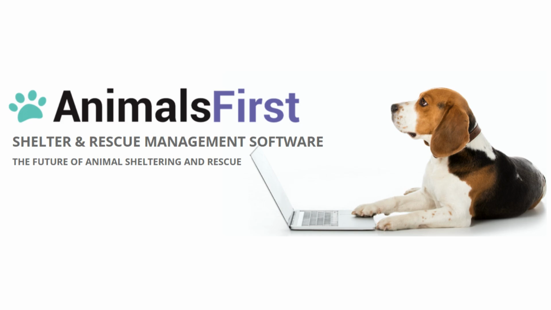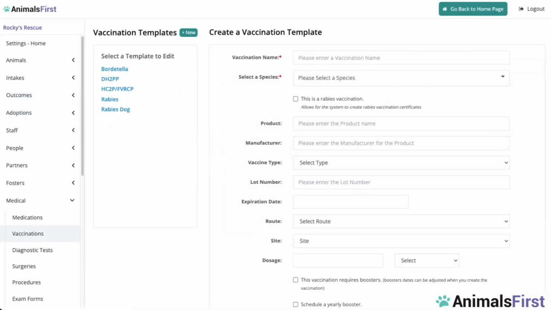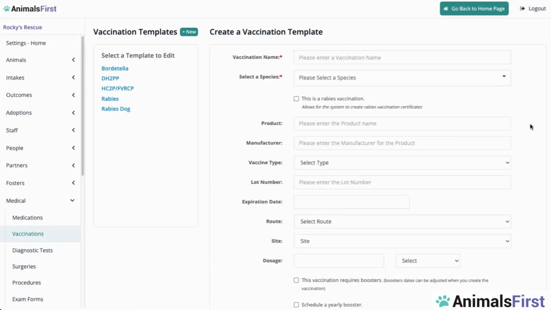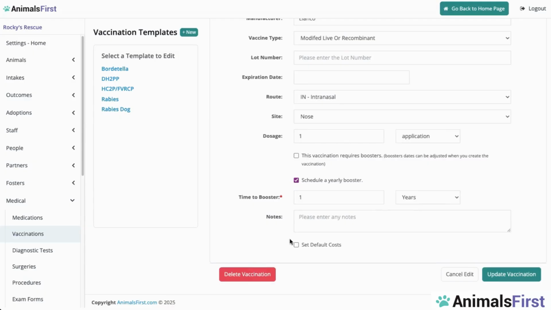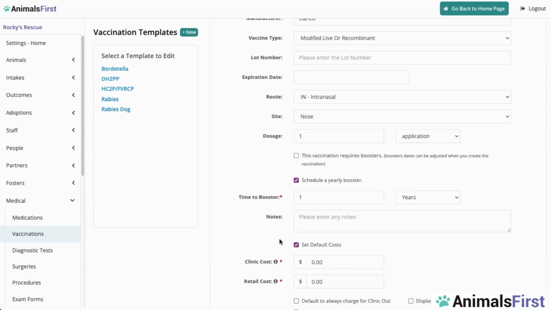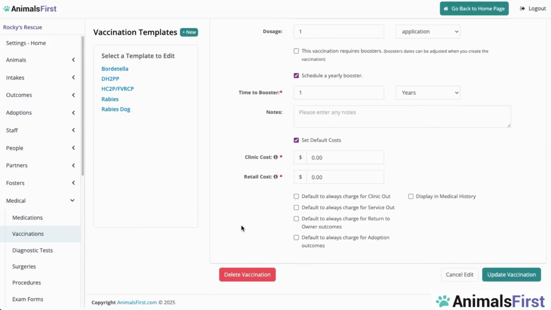Animals First allows for the tracking of medical costs associated with your animals, both for internal cost of care tracking and for charging for medical services that you provide. When the medical costs feature is enabled, you will see a new checkbox in your medical templates. When checked, this box will populate additional fields that will need to be filled out for you to get started